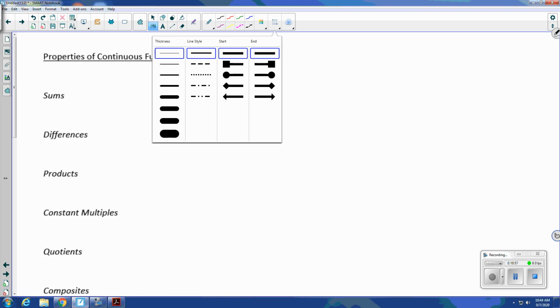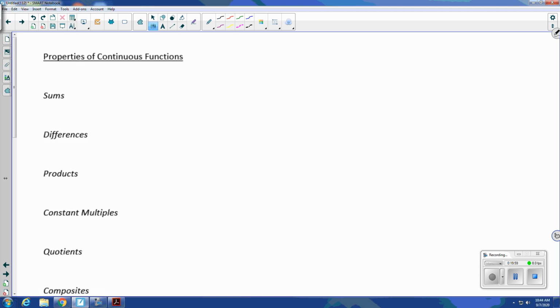So that when you have a function that you are unfamiliar with what it actually looks like and you're asked to determine whether or not it's continuous, you can make a decision with the help of these properties. So if functions f and g are continuous at x equals c, then